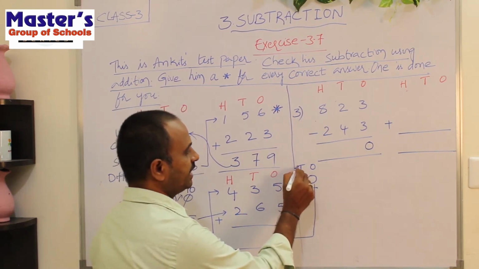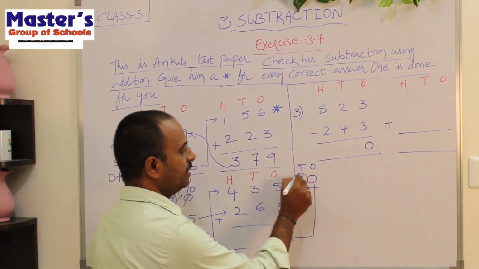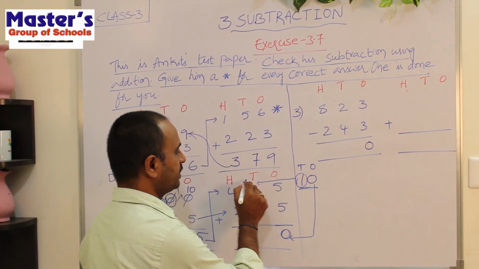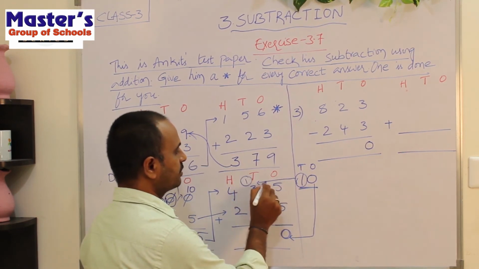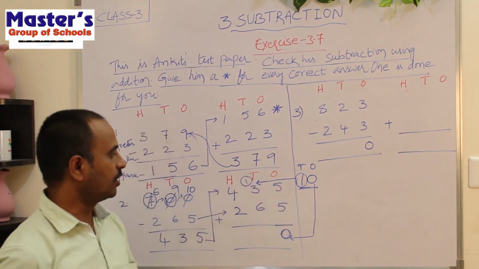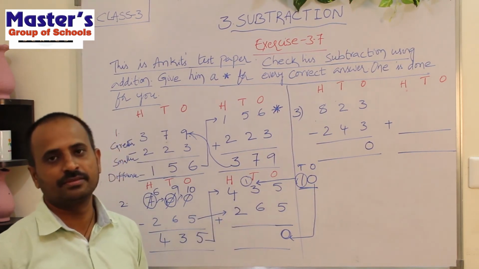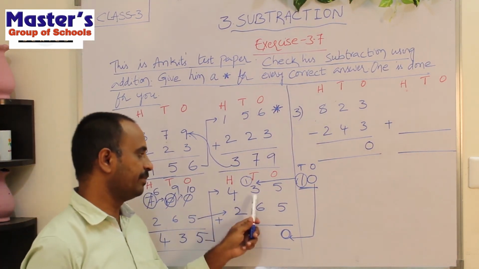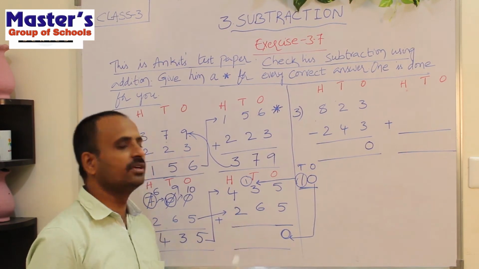And this 1 is in tens place. So carry this 1 to the tens place. Now there are 3 digits under tens place. So now first add 2 numbers. Next add the sum to the third number.